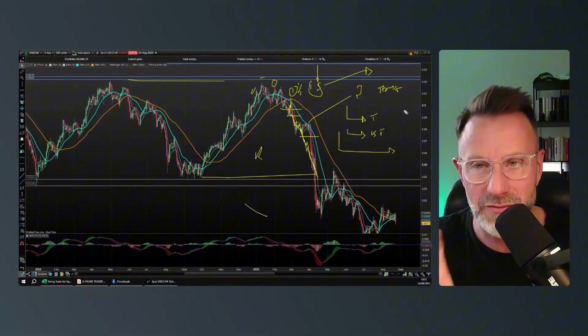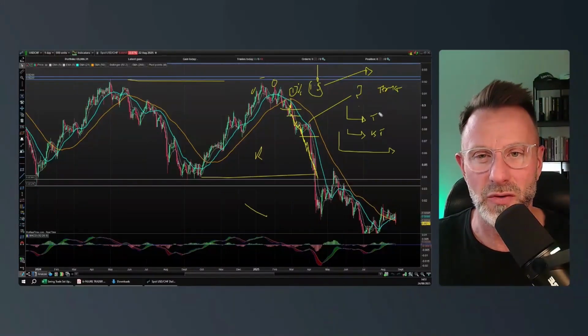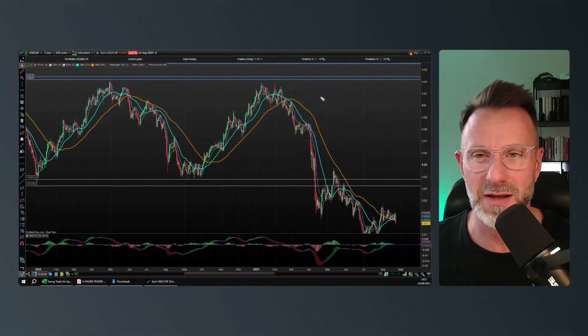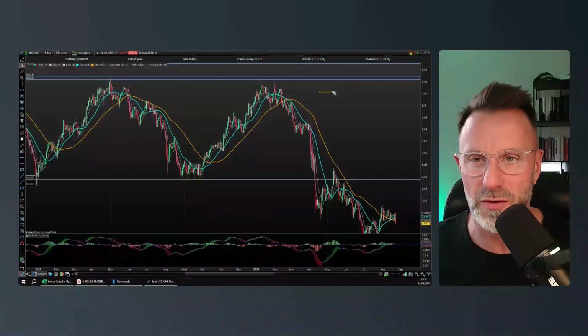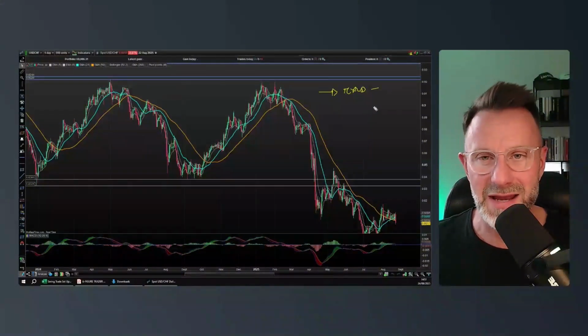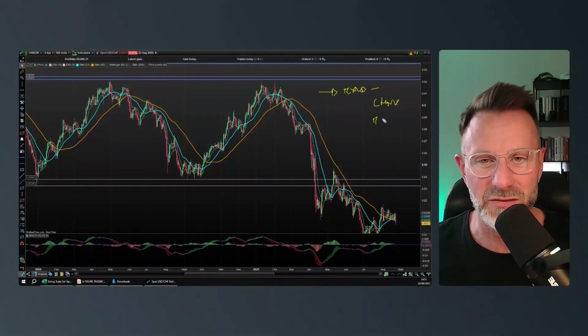Be wary of those biases that come up, and be wary of acting on them without the data to back it up. Remember, the only reason you've got to a point where you are consistent with the strategy you're trading and it's bringing you the results is because that strategy is tested and proven and you've done the work on it. So any other changes that you want to bring in, you need to make sure they are tested and proven.